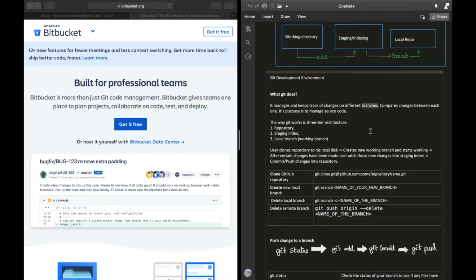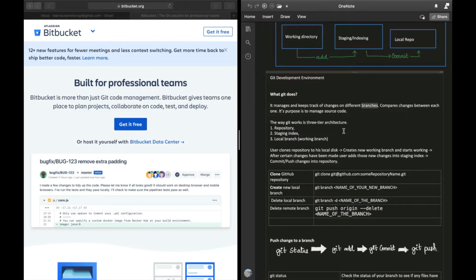So what happens, sometimes if you are working on particularly some feature and that requires a lot of time, and meanwhile some other people are working on the same or a different thing, so you will need your own branch. So branch is nothing but a copy of the master branch or the develop branch code in your repository, in your local machine, and you can modify as long as you want. Okay, and finally you can merge your branch to the develop branch. Anyways, we'll come to that at a later point of time.